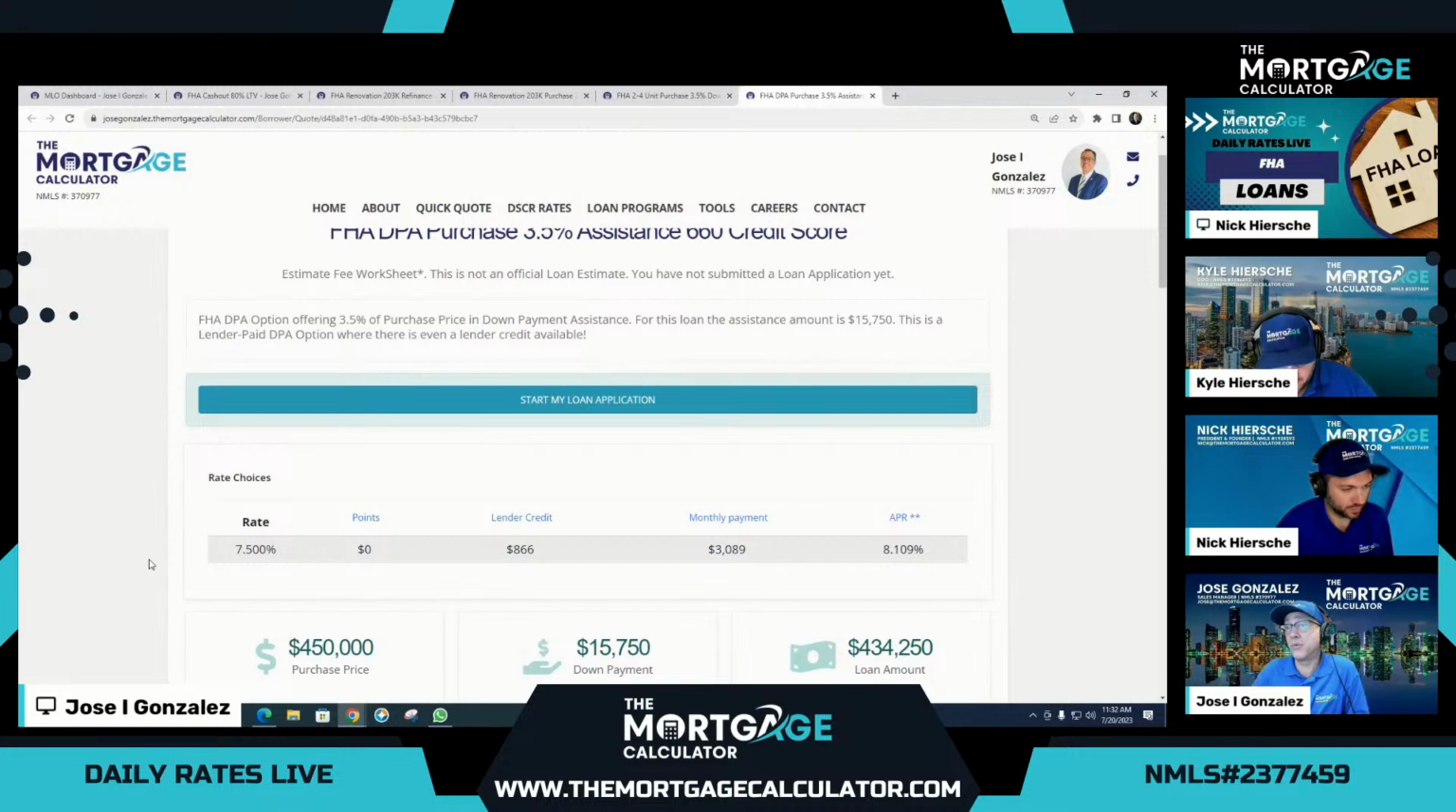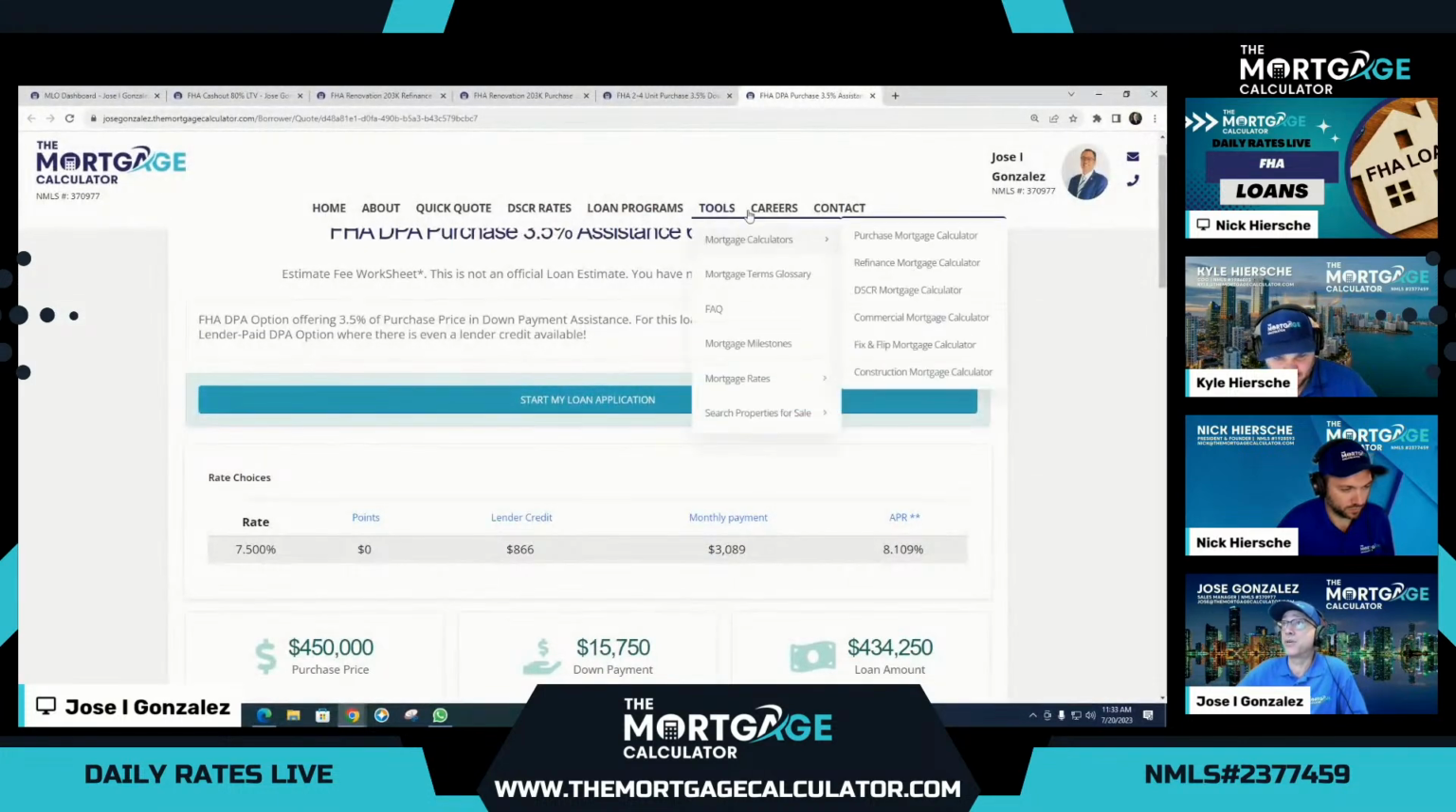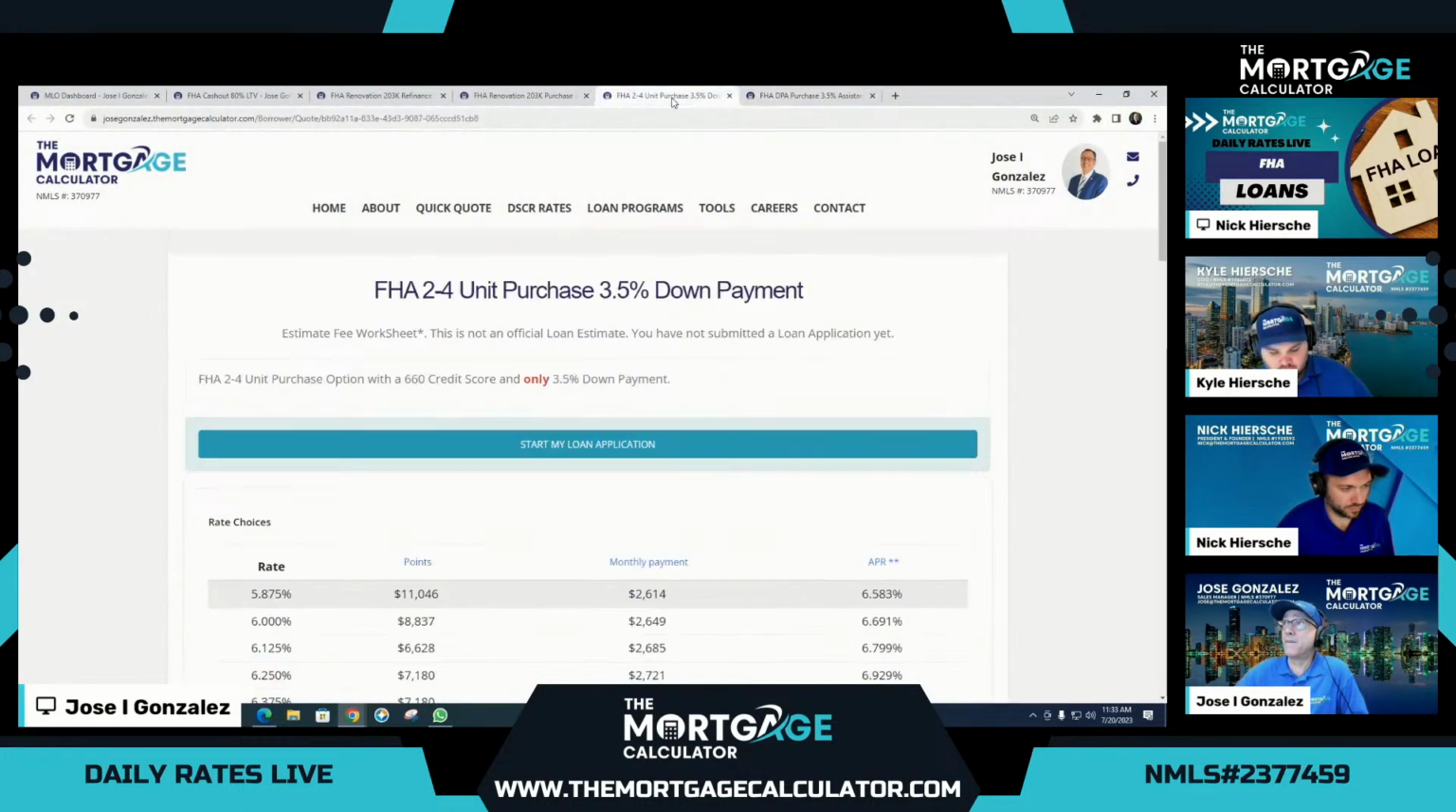So if you saw the rates that Nick was throwing out there, this is not much higher than what you would find for a similar rate with an $866 lender credit. Absolutely no loan discount buy down for this deal. So that's pretty cool. So now, throwing another one out at you here, we're going now with the ultimate